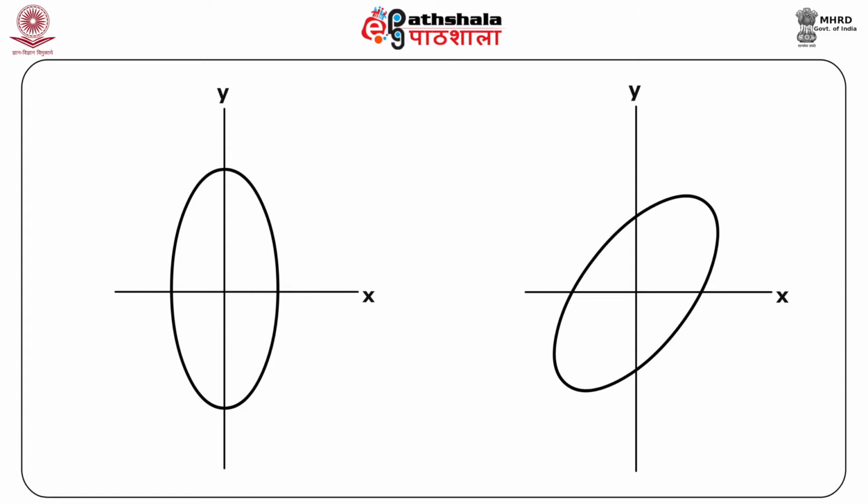An ellipse is a two-dimensional figure, and for simplicity we are showing it. The ellipse shown in the figure has its major axis A coinciding with the Cartesian axis and the minor axis B coinciding with y. This may not always be true. We would always like the moment of inertia axis to coincide with our Cartesian coordinates, but this may not always be true. For example, in the figure shown on the right, the ellipse is inclined at some angle to the Cartesian axis. It is not coinciding with it, but it is at an angle to the Cartesian axis.